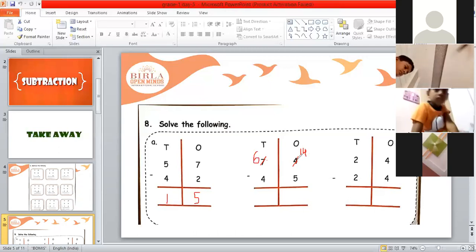What I said, we will cut the number in ones place and we will put 1 before that number. So in ones place the number was 4. We cut that number 4 and write it with 1. So that number will become 14. Now from this 14 we have to take away 5.